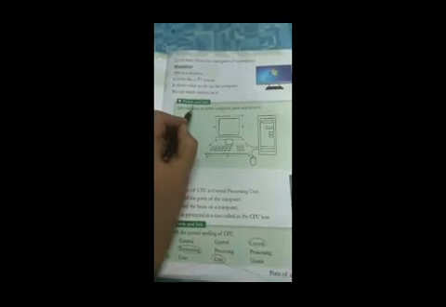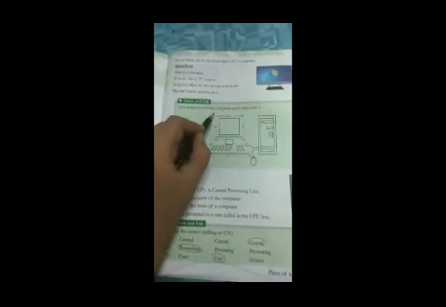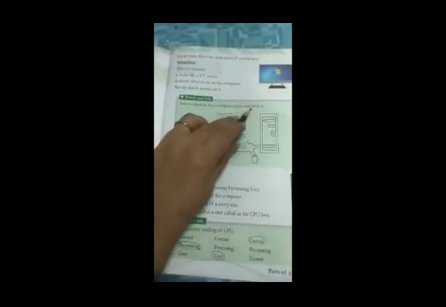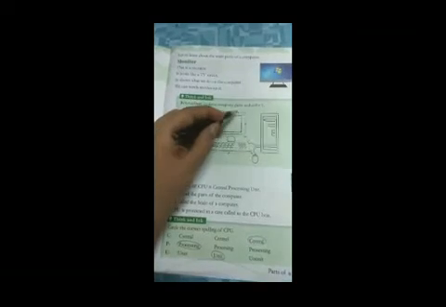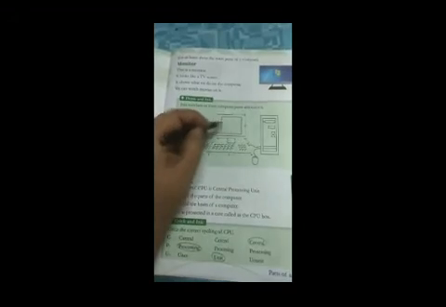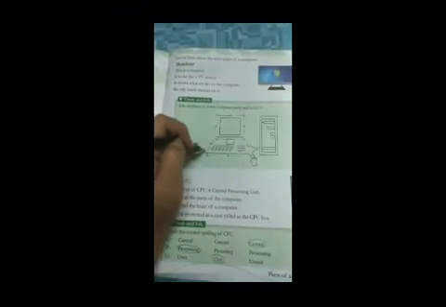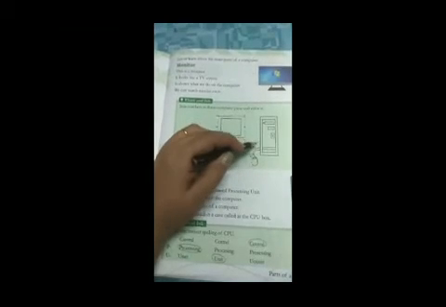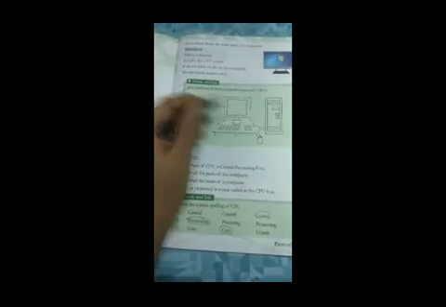Now, think and ink. Join numbers to form computer parts and color it. What you will do? You will join the different parts. You could see numbers over here. With the help of the scale, you have to join the dots, and after joining, you will get this computer screen along with this CPU, and you have to color it. And there is a mouse also, so you have to color it. This you will do by your own. You can just use the scale and join the dots.